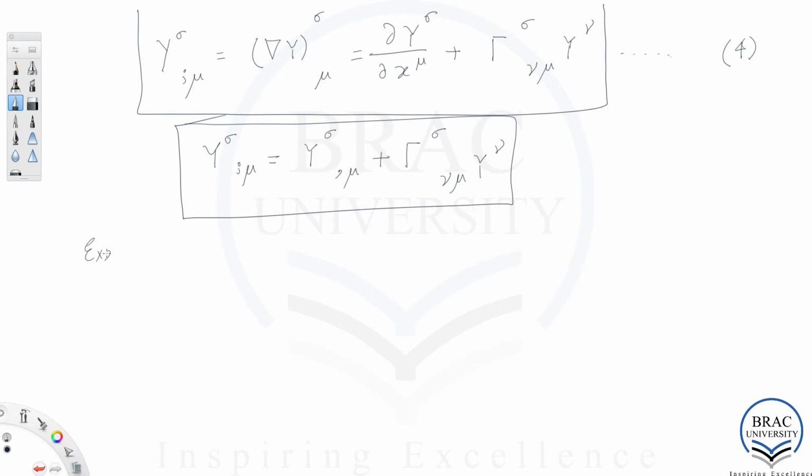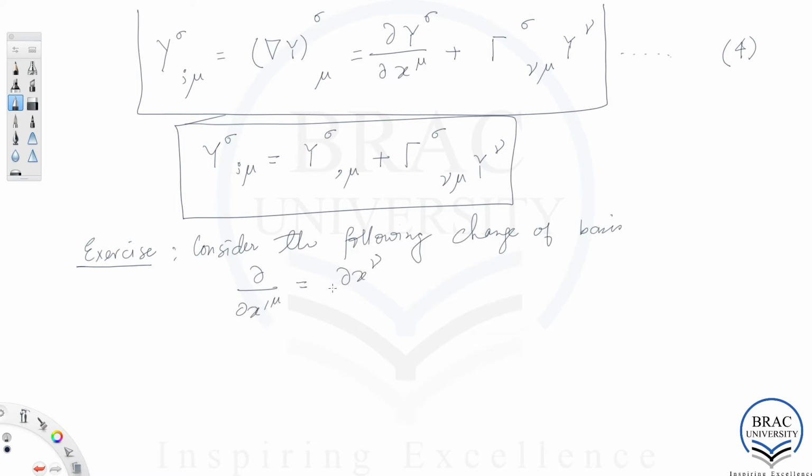Now I give you an exercise. Here is an exercise for you. Consider the following change of basis, del by del x prime mu equal to del x nu by del x prime mu times del by del x nu, which is the relationship between the primed coordinate system and the unprimed coordinate system. And show that under such basis change,